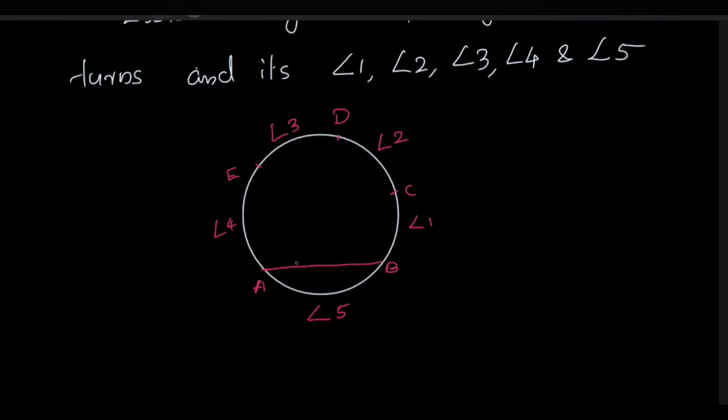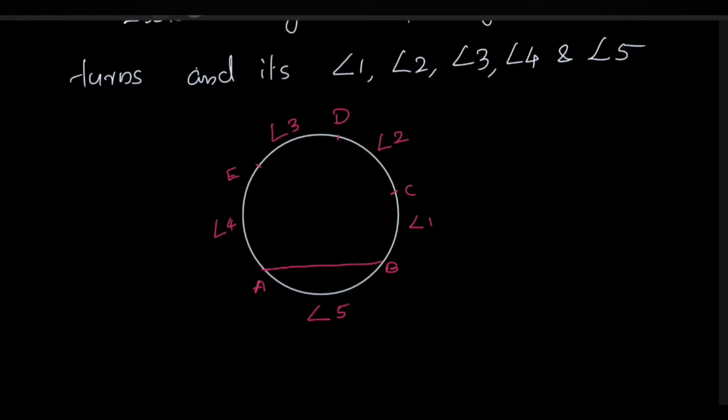Starting from A, it travels in a straight line up to B. From B it takes a turn of angle 1 to reach C. From C again it takes a turn of angle 2 and reaches D. From D it takes a turn of angle 3 and reaches E. From E again it takes a turn of angle 4 and reaches A, and again it takes a turn of angle 5. It is shown clearly in the pentagon picture above, so that we can see that it is